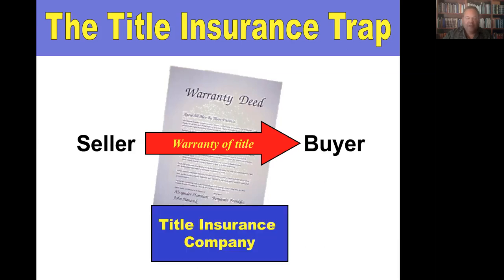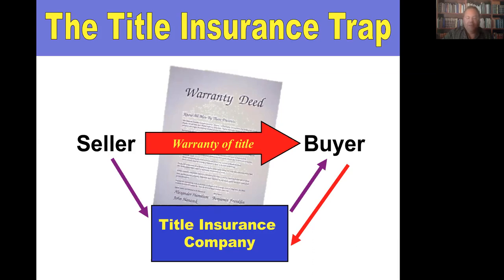So it's typical that a title insurance company will be involved. The seller will purchase title insurance, but the seller's not the insured under the policy. Who is? Well, it's the buyer that's the insured under the title insurance policy. So, pay attention here. This is really important. If there's a problem, let's say after closing, 6 months later, the buyer discovers a lien that was not disclosed or a title defect that was not disclosed, the buyer is going to seek recourse against the title insurance company who insured him. Remember, the seller is not the insured, the buyer is.